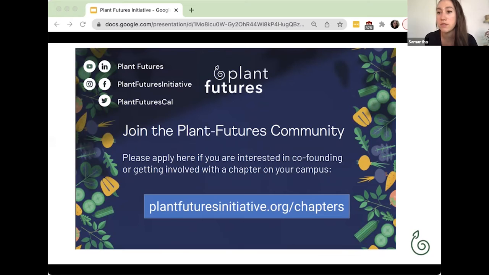other students who are interested in food and tech, and plant-based nutrition and plant-based health, public health, all these different sectors and areas, disciplines that connect to plant-based food, and really bring those students together on their campus, and then ultimately bring our resources and our program that started at UC Berkeley and make it accessible to students through our chapter network. So this is the website if you are interested in joining the chapter network, or maybe even just joining as a member. If you don't want to be a co-founder, that's totally fine too. We're looking for both members and co-founders to get this up and running.